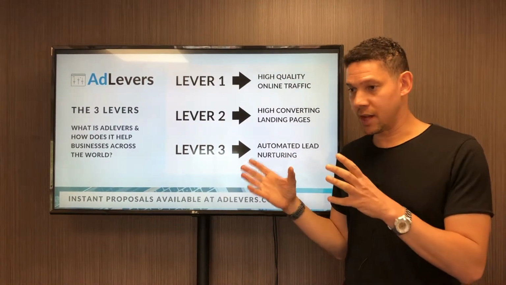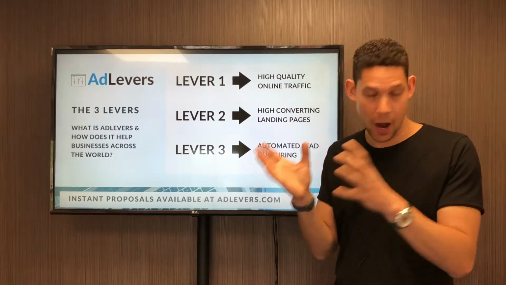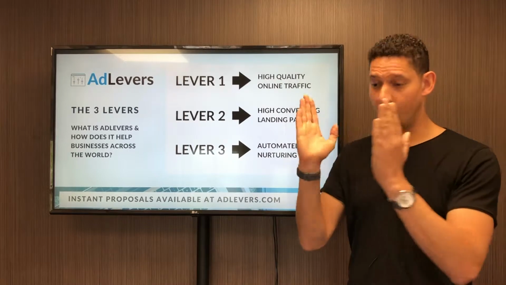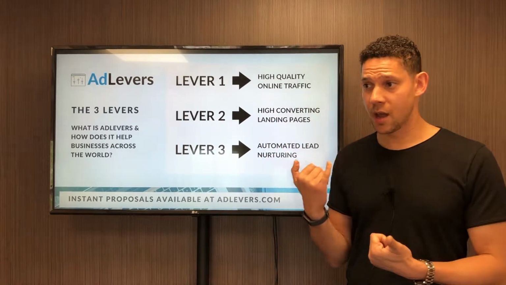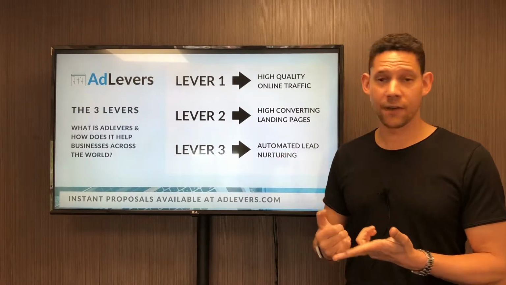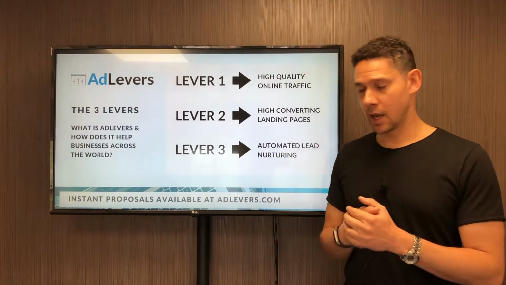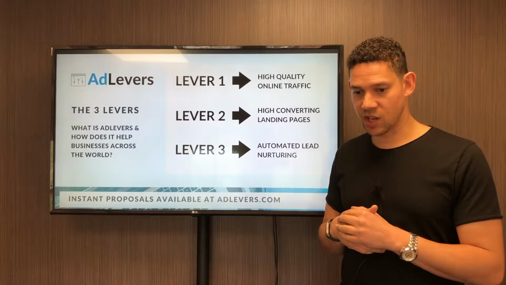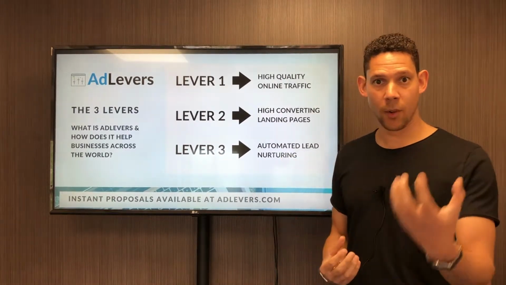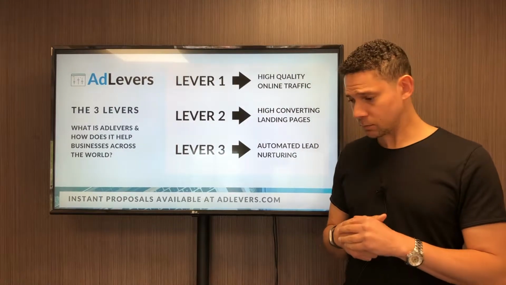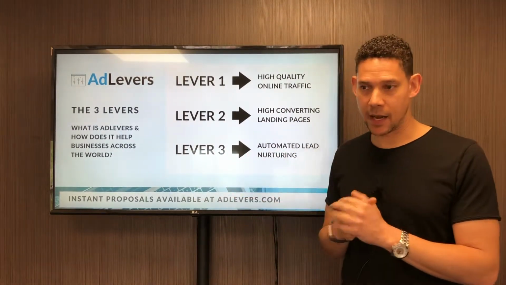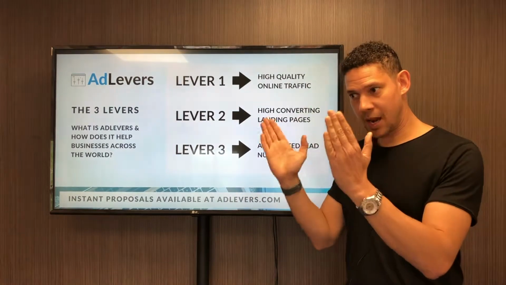Now, there are tons of tools out there, for example, that can help you with this. It's very easy to take a website and turn it into a high converting landing page. Now, we use Instapages for this, but you have Unbounce, you have ClickFunnels, all hugely popular, but they all have one thing in common, which is designed to increase conversion rate, which is the percentage of leads from your volume of traffic. Now, our pages typically convert anywhere between 15 and 30%, but that's only because we use this same